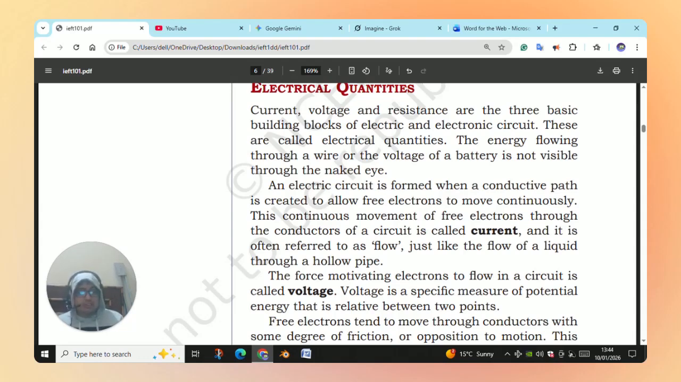An electric circuit is formed when a conductive path is created to allow free electrons to move continuously. This continuous movement of free electrons through the conductors of a circuit is called current, and it is often referred to as flow. Just like the flow of a liquid through a hollow pipe,